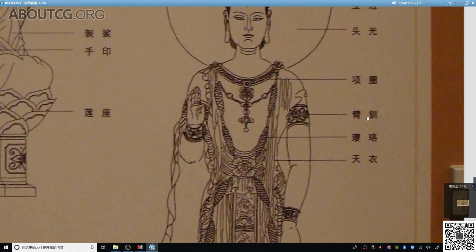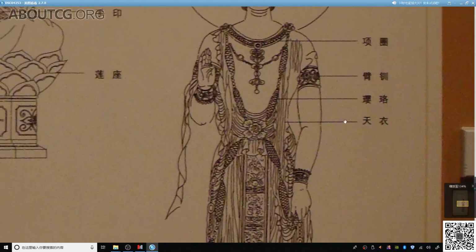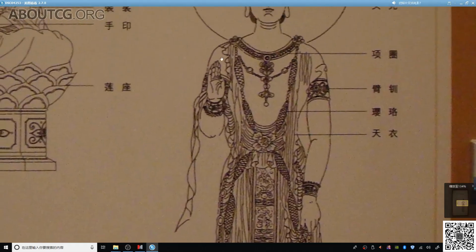Now, let's take a look at the arm. We can see the armband here. This hole is where it goes all around the entire upper arm. It's also a decorative element. Let's keep looking below. We can see the shadow falling. The shadow also serves as a decoration. Some have it, while others do not.